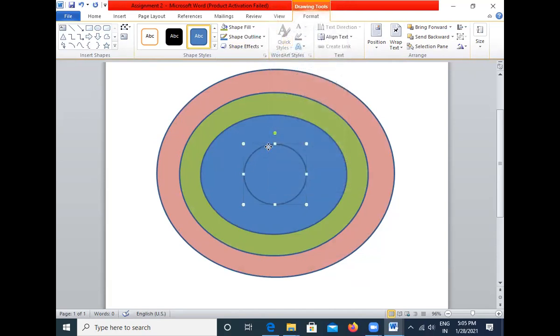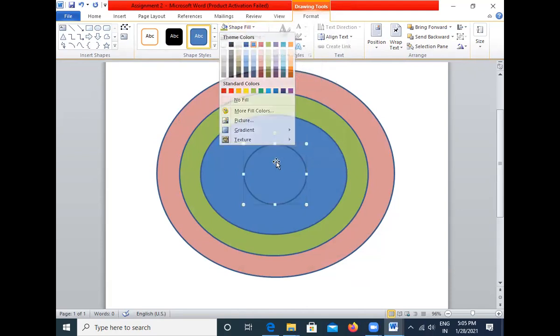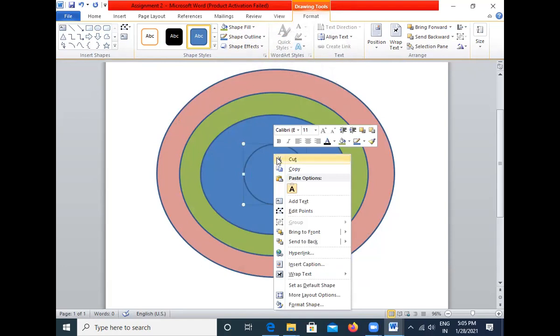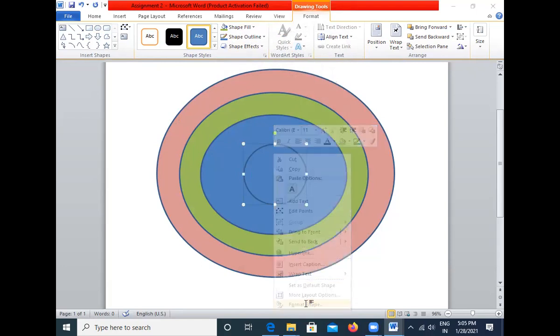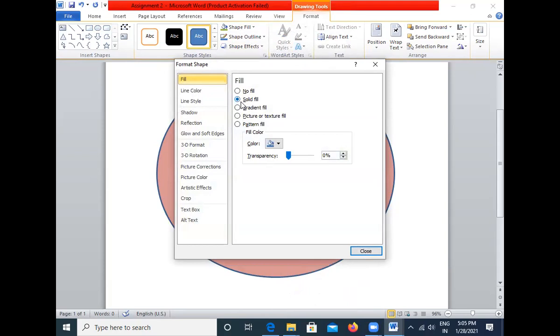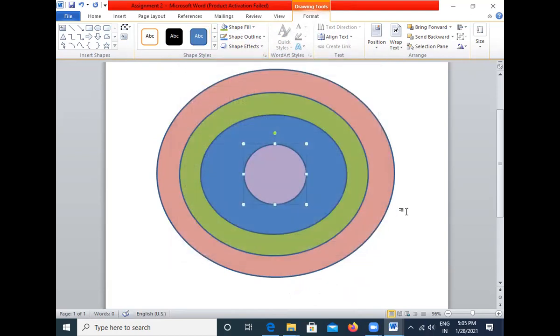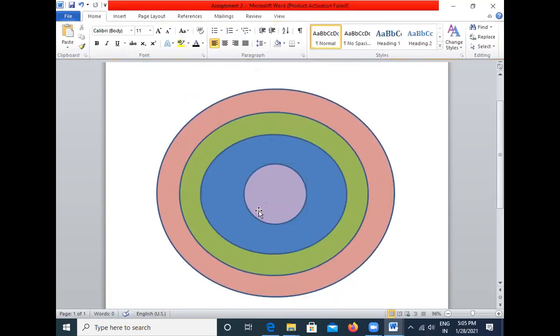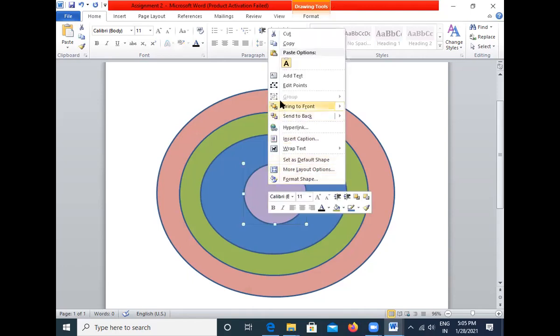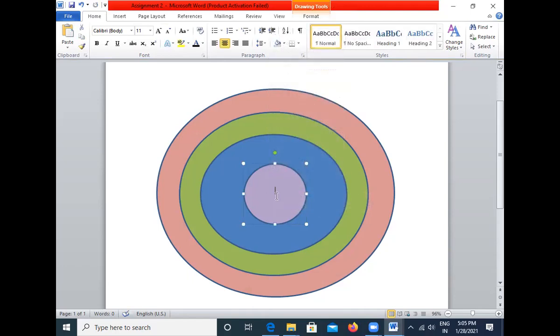Either you can select this and then go to the Shape Fill option and change it from there, or you can right click and then go to the Format Shape option, and here you have something called Fill Color, and here you can make the changes and say close. So like this you need to draw the ovals first. Once that has been drawn, you can right click on this and say add text, and here we can type hardware.